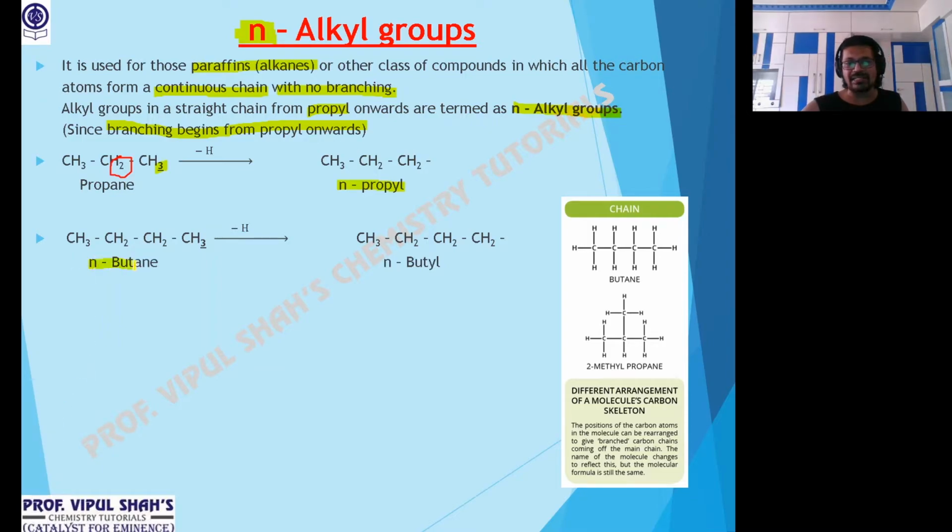Now in alkanes, branching starts from butane onwards. So from 4 carbon, you can write it in a straight chain or a branched manner. We have seen earlier isomerism, N-butane, isobutane. Okay. So in alkanes, branching from butane, in alkyl, branching from propyl. So 4, if I remove this terminal hydrogen, I'll get 4 in a continuous chain. The name would be N-butyl, normal, in a continuous chain.